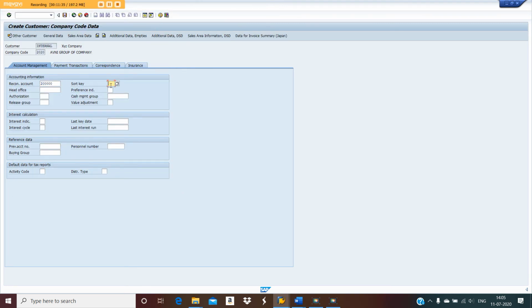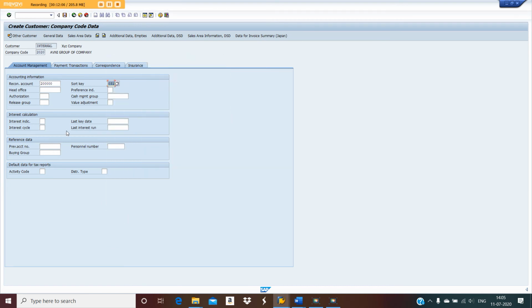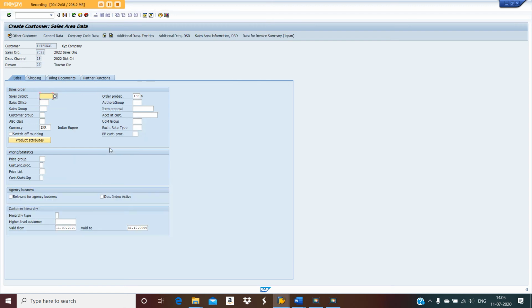Then sort key, press F4. This is based on the customer number. Yes, 031, the customer number. Okay, now the sales area. All those things you can fill up.